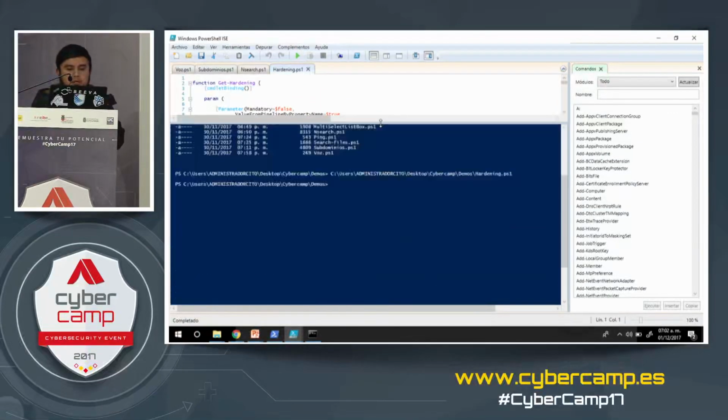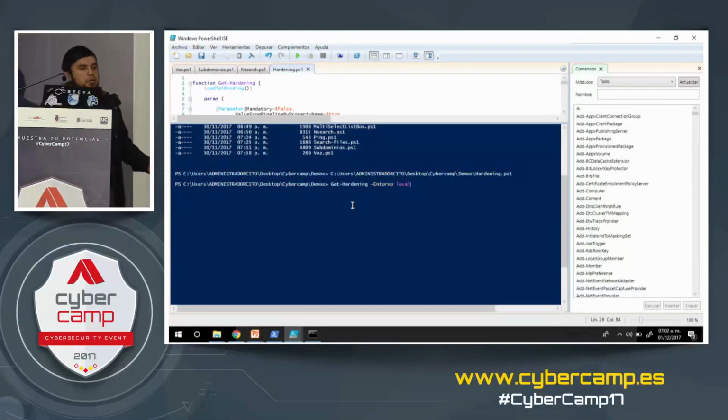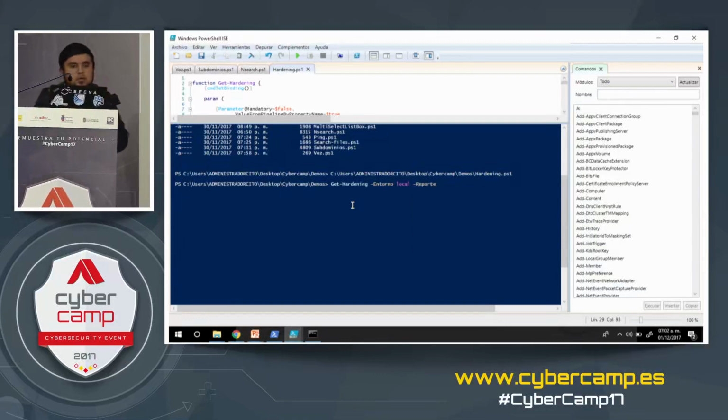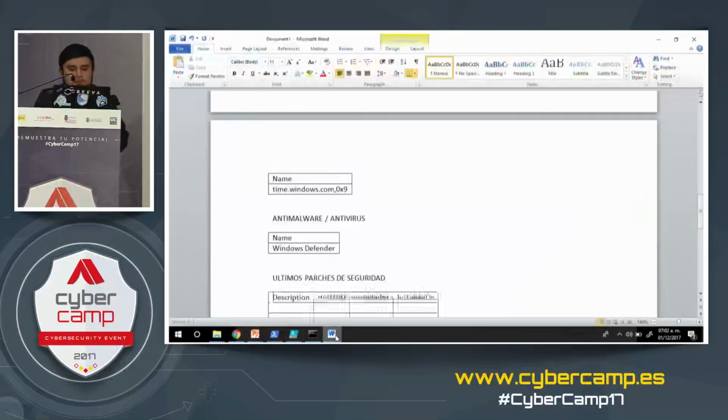What we do is just execute it. We're gonna do it in the local server. We can do it remotely. PowerShell gives us the possibility to execute commands remotely using WinRM technologies, but now we're going to do it with a local server. We're going to execute it,